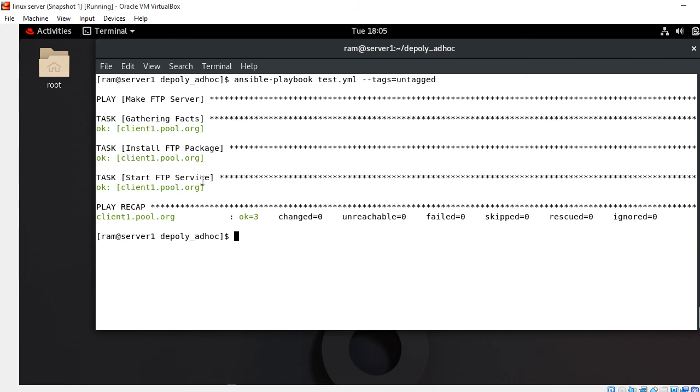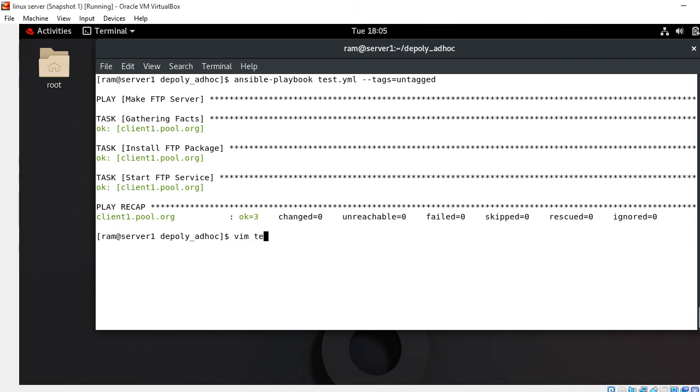Okay, guys, we also have some special tags like always, never, and debug. If we want to run one or more tasks each time the playbook runs, then we can tag those tasks with the always keyword. For this, I have to open my playbook again and do some modification.